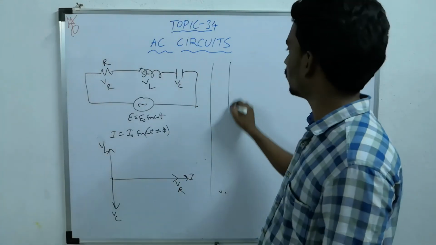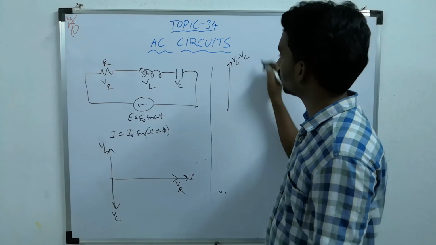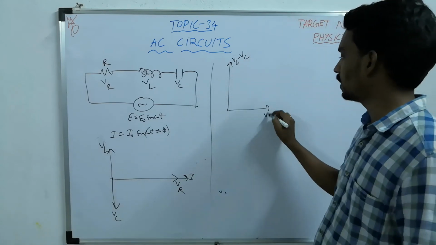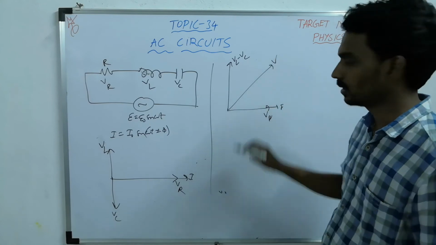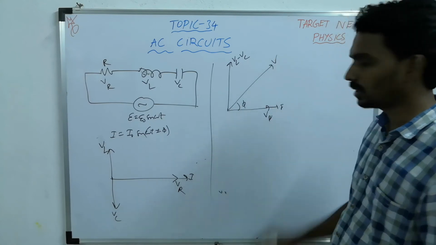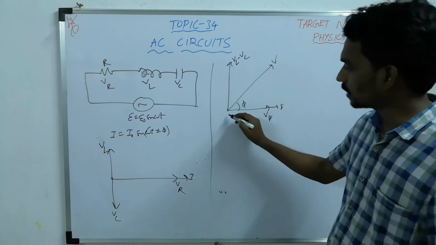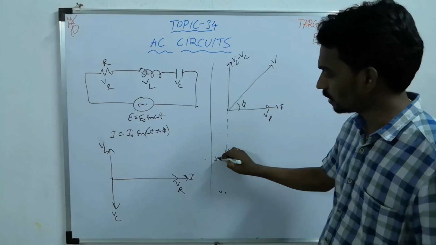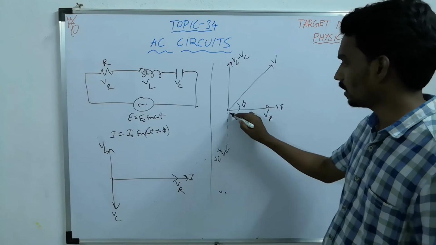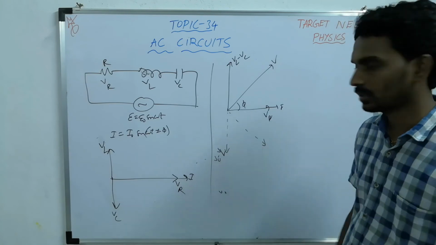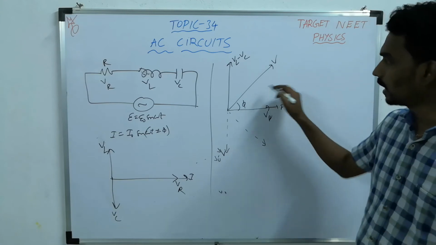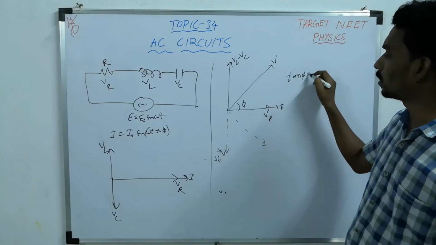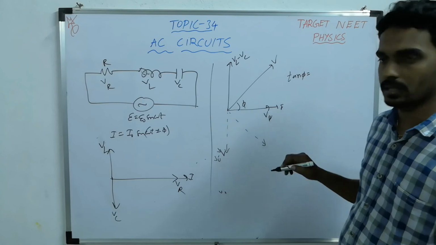So the resultant will become VL minus VC and this is VR. Now the resultant is somewhere at an angle phi with current. If you consider the resultant like VC minus VL, then the resultant will be somewhere here. Then current dominates. If you take this one, then tan phi equal to opposite by adjacent,